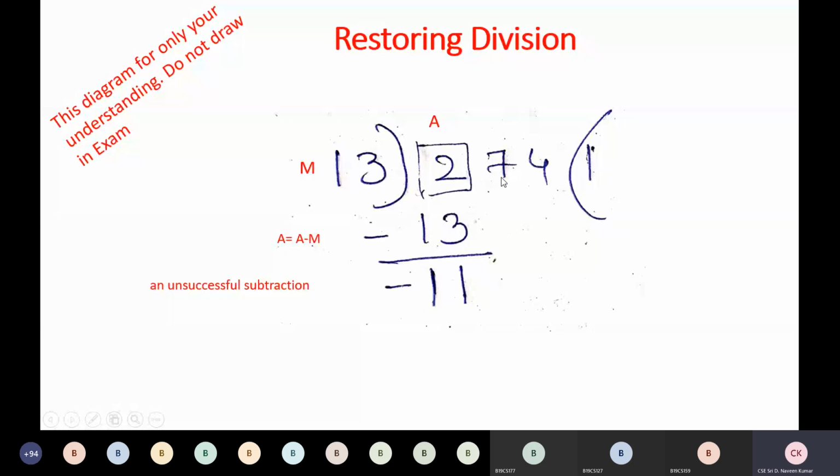27 you need to consider. Okay. Then how can the computer? So what do humans generally do? If this is negative, humans will wipe off this one, and now we'll consider the 27. They will take 2 again, and they will consider 7, and they will do the division. But the thing is, the computer cannot wipe off.